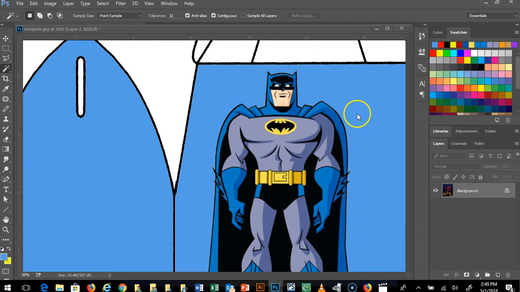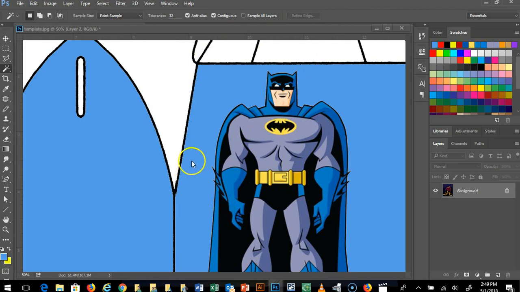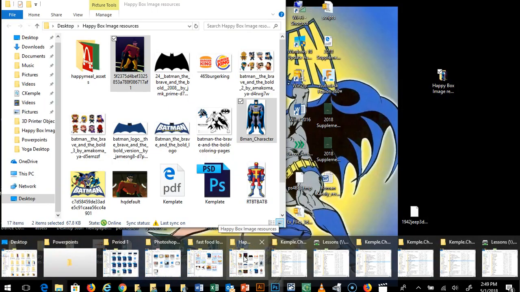All right. You're stuck on how I got Batman in the image in the first place? I opened it. You go to File, Open. Or, see, here's the thing with Photoshop, guys. You can open something by going File, Open. Nothing wrong with that. Or, if you already have the folder with all your files in it open somewhere, like